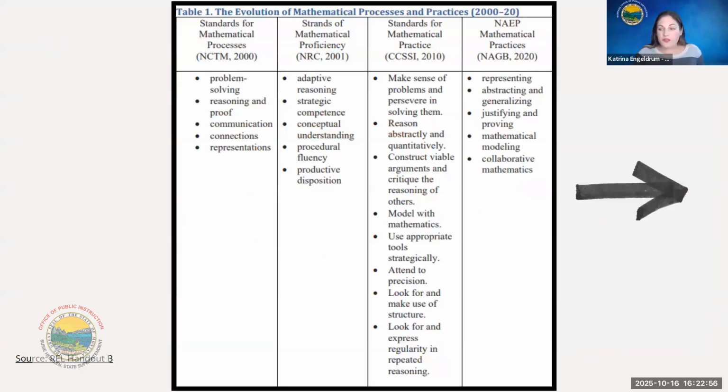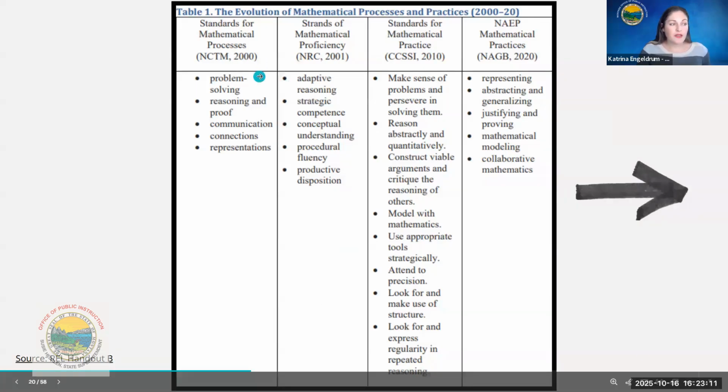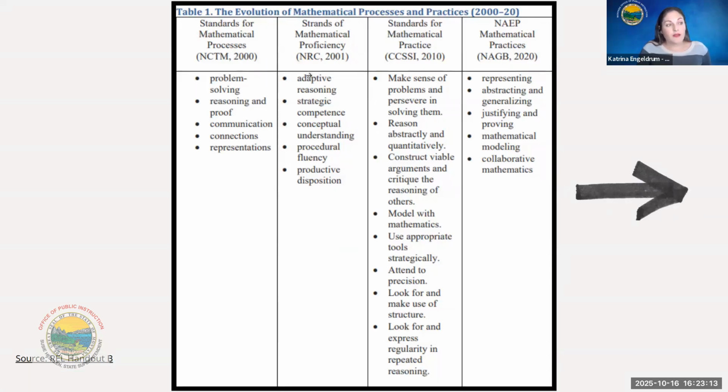And this graphic is also within that handout from the REL. This graphic shows you kind of the progression. So Common Core was not the first iteration of these practice standards. It actually started way back in 2000 with NCTM making their own. And then the National Research Council made their own in 2001. And then Common Core kind of combined those together to make theirs in 2010. And now we have the next iteration of that with the NAEP, and Montana took the NAEP and then adapted it, which we'll see here.